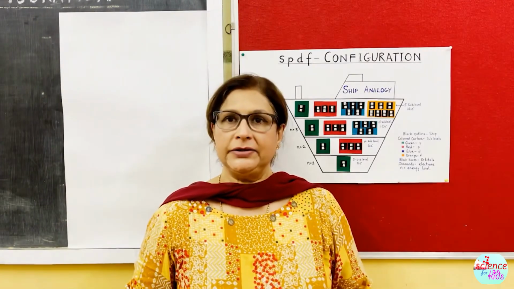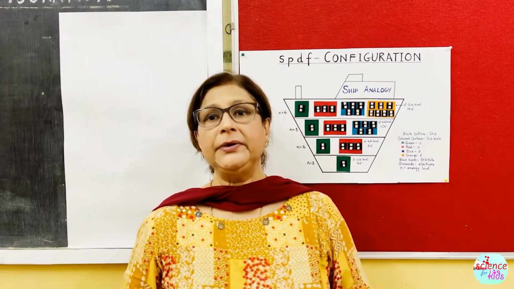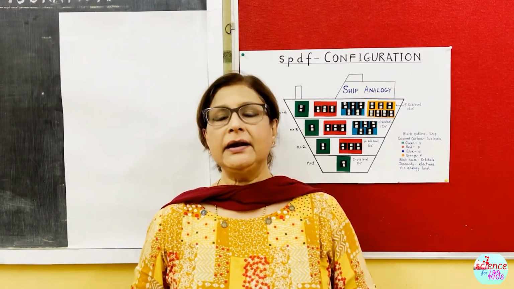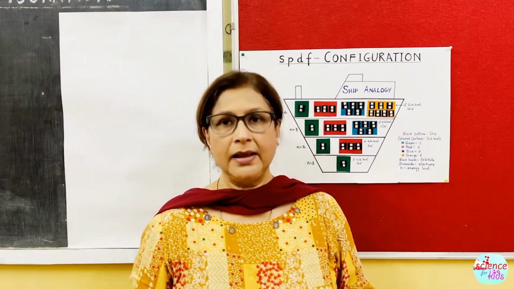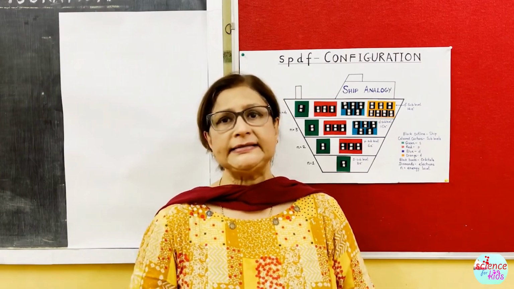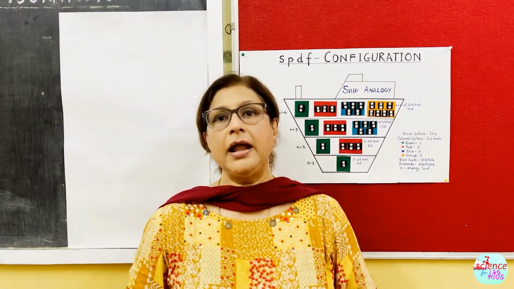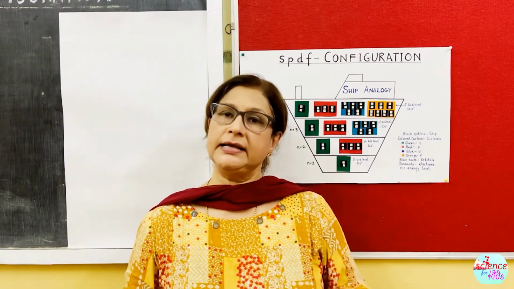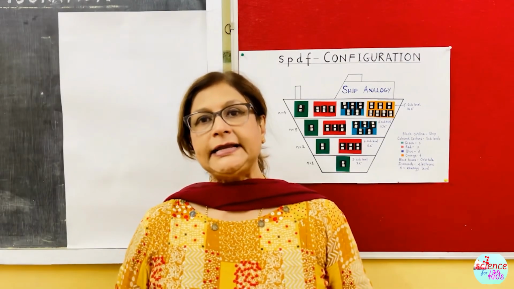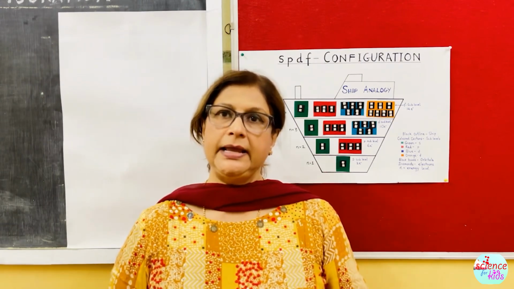Now relate this analogy with the periodic table. As you know, they say that the periodic table is the holy book of inorganic chemistry. Why? Because it has been arranged in a very systematic way. All the information has been coded in there. You don't need to memorize each and everything. All you have to do is learn how to decode and read the information provided in this table. We will have a detailed explanation of the relation between electron configuration and the periodic table in a different video.